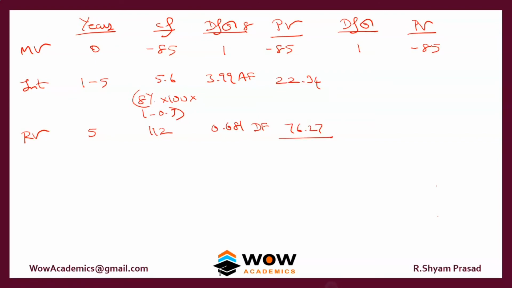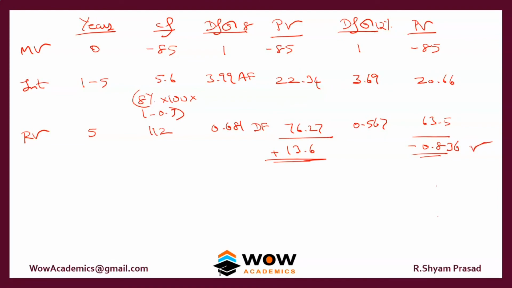Okay, so this comes to 13.6, which is a positive number. So we'll look at the discount factor of 12%. As 8 has come to 13.6, we'll take a higher discount factor so that this number would go negative, NPV will go negative. So the answer comes to minus 0.836. Okay, so if you see the answer is very close, I think the IRR will be nearby to 12, but we'll work out the IRR.